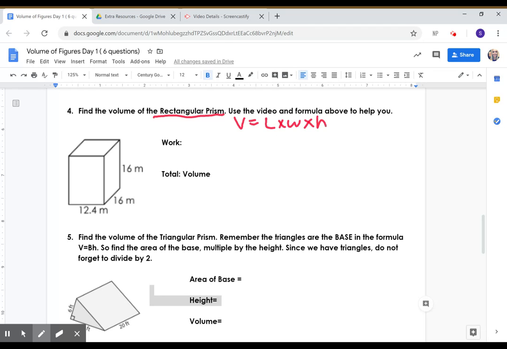So for my work here, my numbers are, I'm going to do 12.4. That's one side. The other side of my figure is 16, and I'm going to use this as my height of 16. So my length is 12.4. My width is 16, and my height is also 16. Okay, so now I'm going to go ahead and multiply those. So 12.4 times 16 times 16, I should get